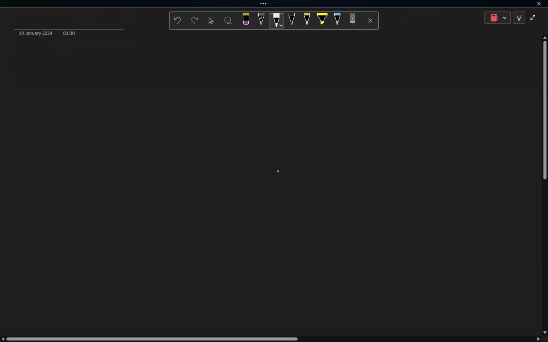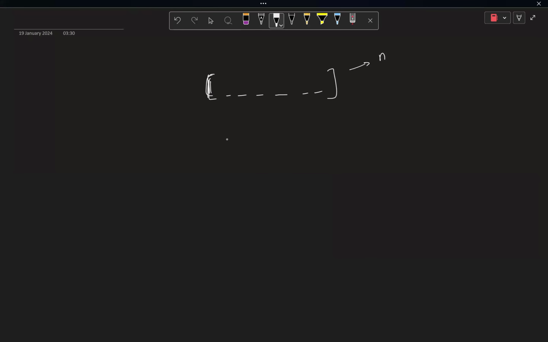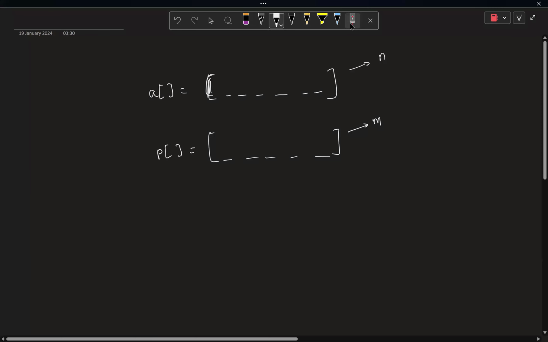I think this problem is also quite straightforward. We have been given an array of size n. We have been given a pattern array of size m. For now, instead of using the words nums and pattern, I'm using the names A and P for array and pattern. Now, all we have to do is count the number of